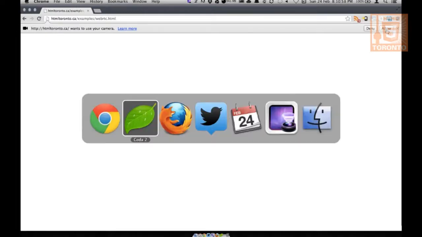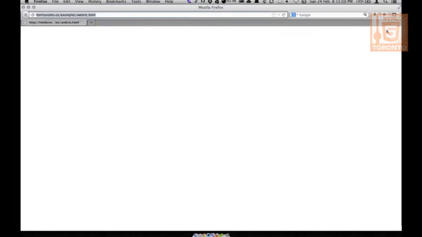In some cases, there's Firefox. But let me just refresh on Firefox. Nothing happens. So what's going on here? Well, the base installation of Firefox at the moment does not have WebRTC built in. However, very recently, there was a giant, and I'm going to use the term directly from the blog, a giant